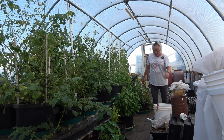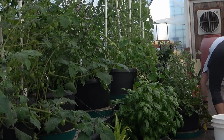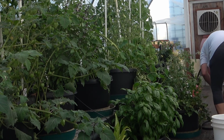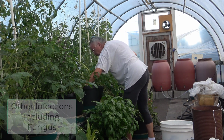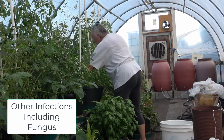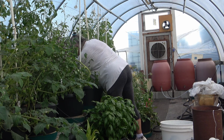Let's go through here again and see if there's anything else that needs to come off. I did notice there was some brown leaves down here. And especially in the greenhouse, I tend to keep things really clean. I don't want brown leaves, I don't want yellow leaves, because I view it as an opportunity for rot to occur. So when I see something that's looking like it needs some TLC,